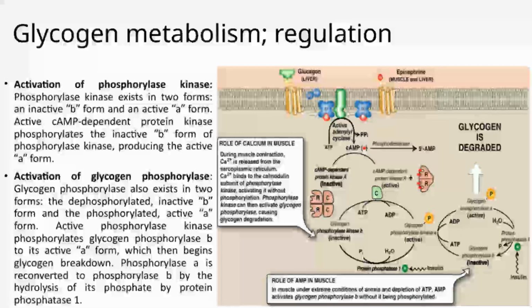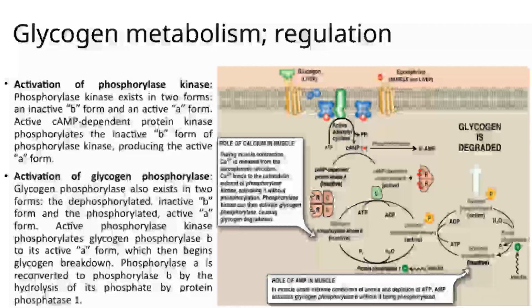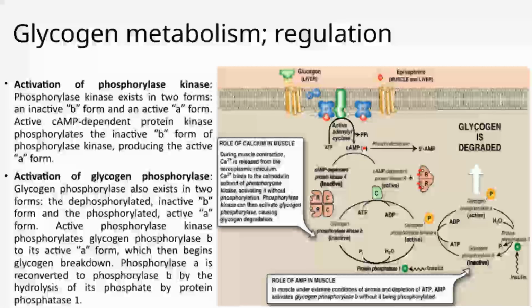Speaking of glycogen phosphorylase, it also exists in 2 forms, the inactive dephosphorylated B form and the active A form. When phosphorylase kinase is active, it adds a phosphate group to glycogen phosphorylase B, converting it into the active phosphorylase A. This activated form is what actually catalyzes the breakdown of glycogen into glucose units. Finally, it's important to note that the active phosphorylase can be turned back into its inactive form, phosphorylase B,